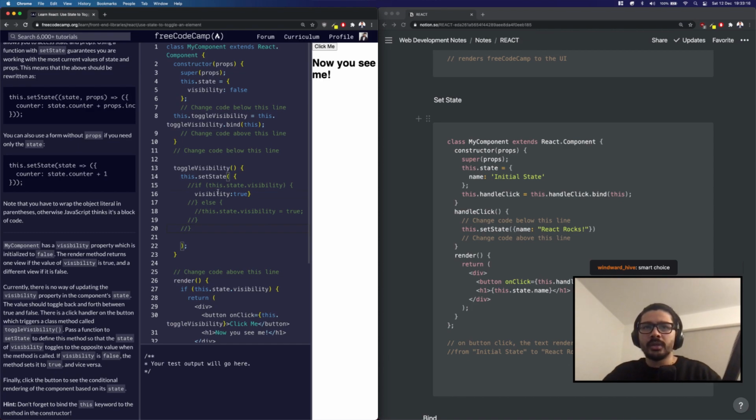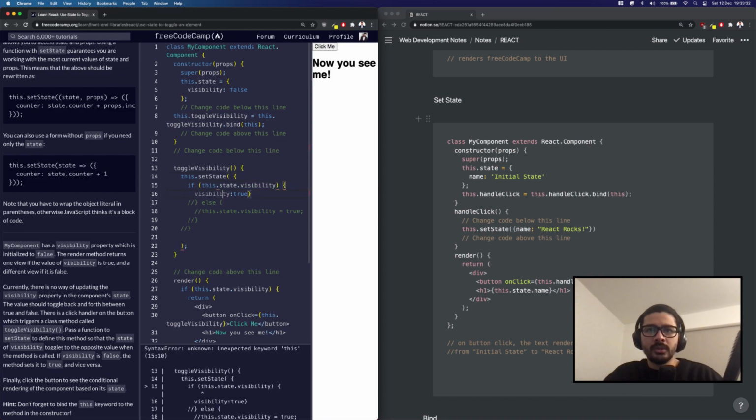All right, so this works. But I just need to add some kind of logic, so it toggles. Class toggle. I know how to toggle CSS, but I don't know. Okay, I think I'm going to need some kind of if statement. So if this.state.visibility is true,